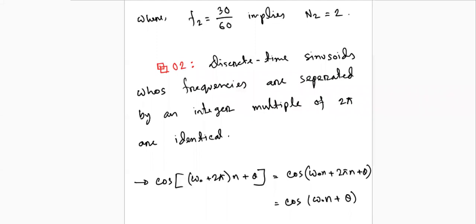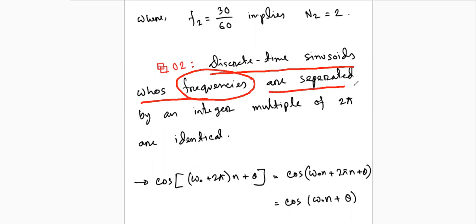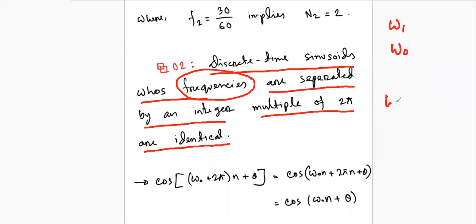In the previous class, we were talking about the different characteristics of a discrete signal. We have talked about the periodicity of the discrete signal, and also we have mentioned that discrete time sinusoids whose frequencies, this frequency means that the discrete frequencies are separated by an integer multiple of twice pi are identical, which means that if we have omega 1 and omega 0, where omega 0